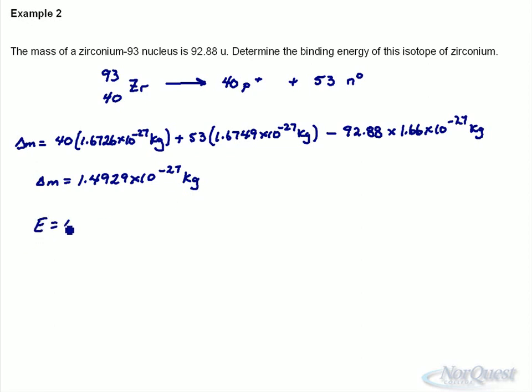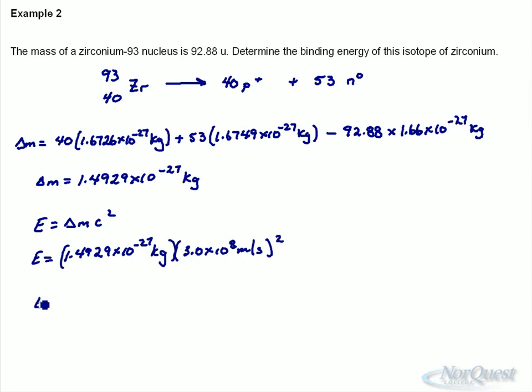So E equals change in mass, speed of light squared. Multiply that number, 10 to the negative 27 kilograms times 3.0 times 10 to the 8 meters per second squared, and you get